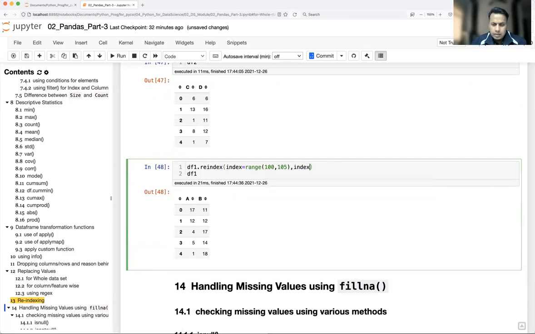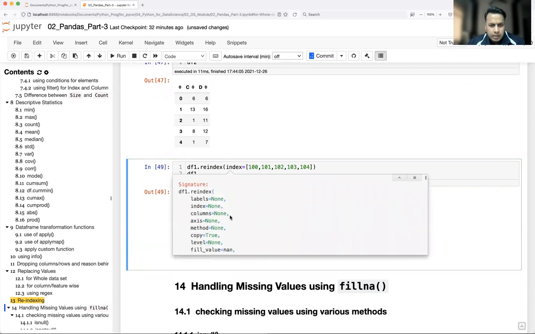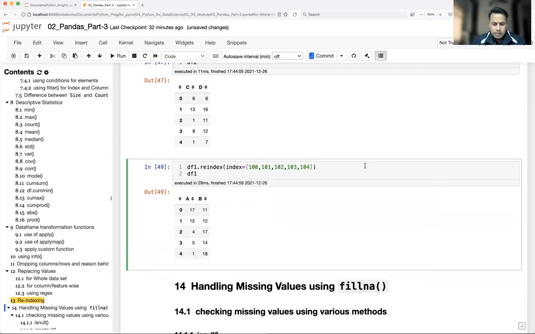Oh, it is not taking. So reindex level column axis. Okay, let me just try that.